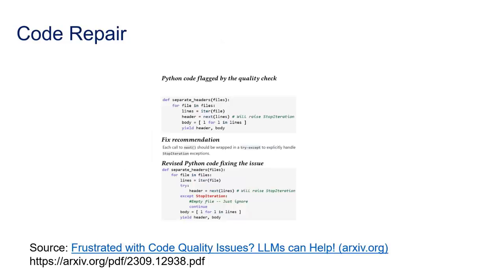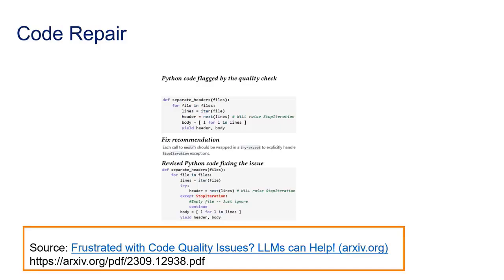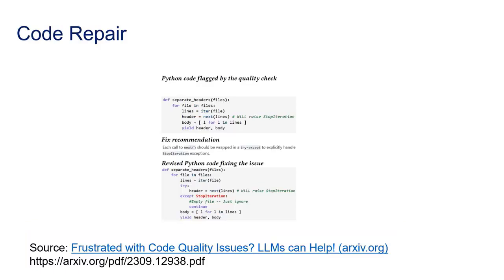So we have talked about code generation and even code summarization. Can AI-based code assistance help with code repair? That was the focus of the study conducted in the paper mentioned at the bottom of the slide. We've all dealt with a large number of warnings typically associated with quality. Wouldn't it be nice if AI-based code assistance can help us fix some of these warnings automatically? What you see in the center of the screen is a snippet of Python code that has a quality warning associated with it. And of course, the fix is to add the try and catch blocks.